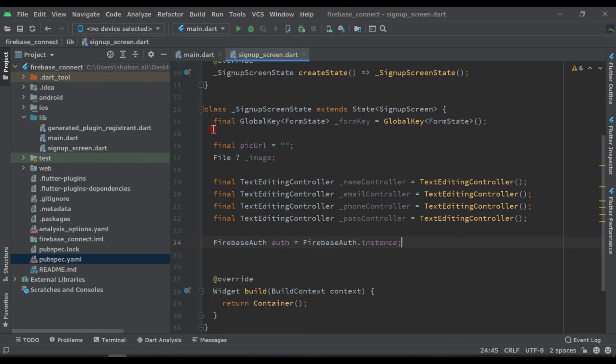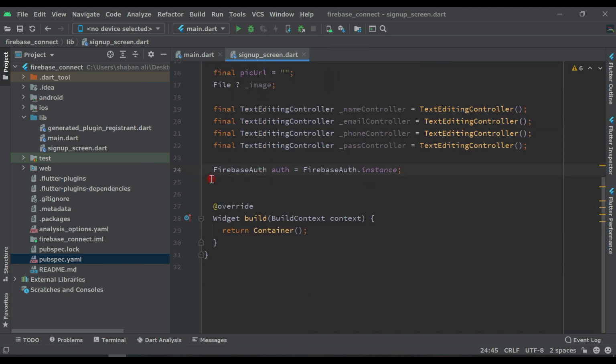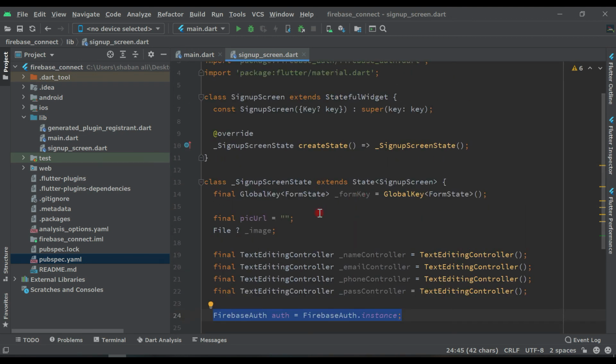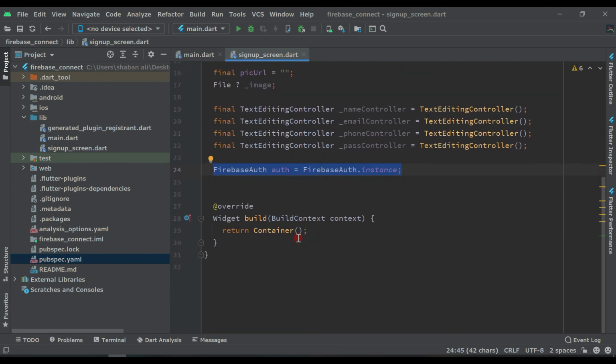So now we need all these variable to get the profile image, and we will save in this all images which user will select from phone, and these are the controllers where we are storing password, email, phone number of user from the user, and this variable to connect our Firebase to this project. Now in the next video we will continue this and we will connect our Firebase.